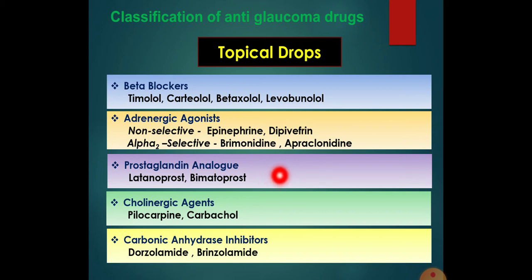Beta blockers do not affect pupil size, tone of ciliary muscles, or outflow facility. They have no effect on that. They lower pressure by reducing aqueous formation. That is the most important thing. So they are basically reducing the aqueous formation, and that is their primary mechanism of action. Whereas the prostaglandin analogs are basically increasing trabecular outflow, and they are increasing uveoscleral outflow. So both 90% and 10% being increased by the prostaglandin analogs.